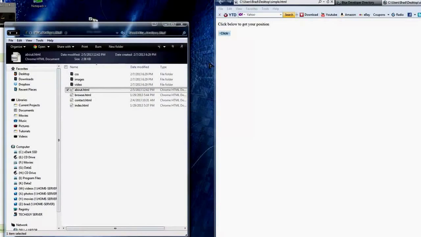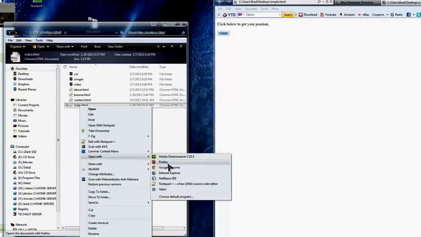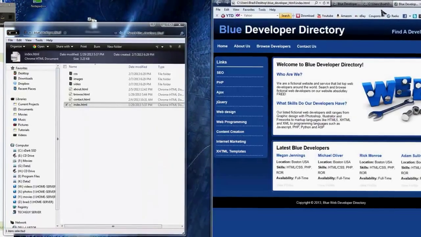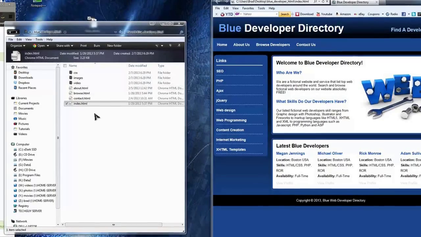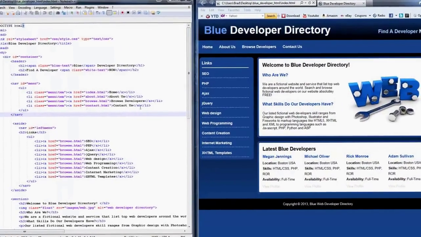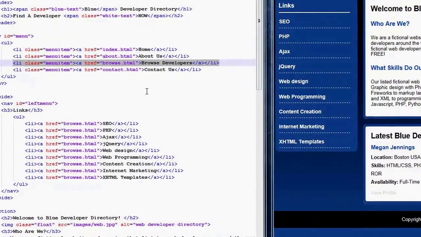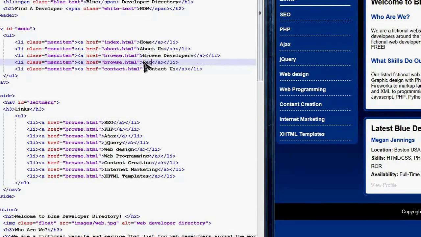And what I want to do is, first of all, add a menu link. So let's open this. I'm going to open it in Internet Explorer. Let me close this old one and this. Now I want a link up here to register as a developer, and we all know how to do that. We're just going to add a link to the menu here in the HTML. Copy that. And I'm going to say register as developer. And we're going to create a new page for this, and it's going to be called